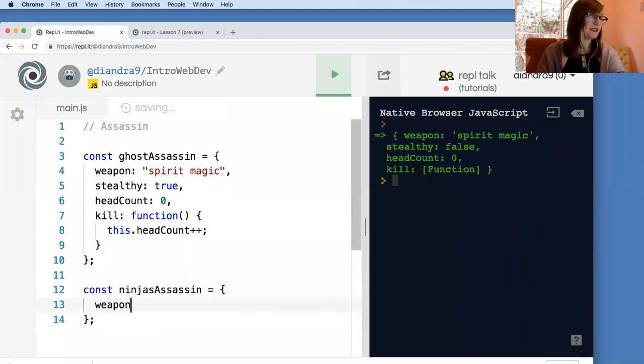Pirate, also nice. All right, so yeah, of course, if we have a ninja, we have to have a pirate. Otherwise, it wouldn't be fair. Drop bear, I actually thought about doing a drop bear one earlier. I might have to go with that. All right, weapon for a ninja assassin is going to be,